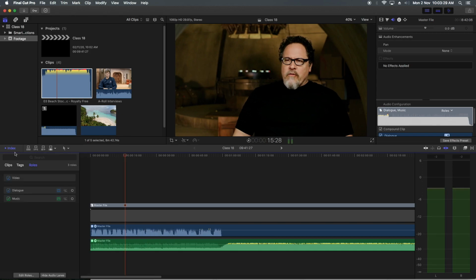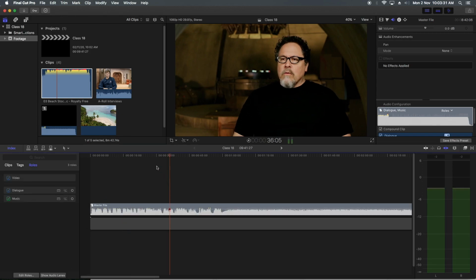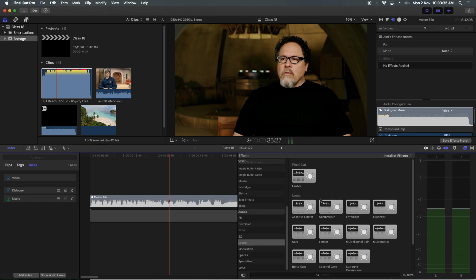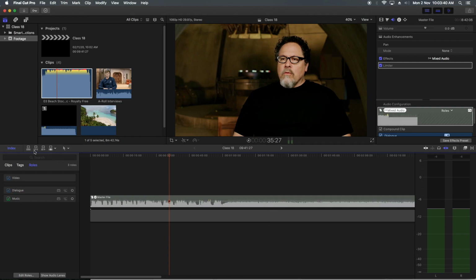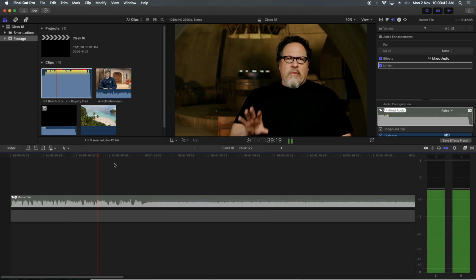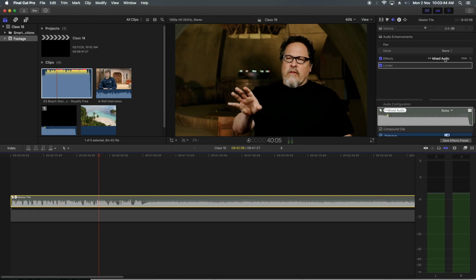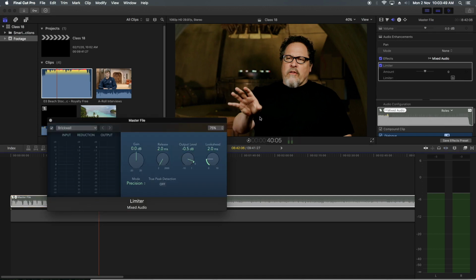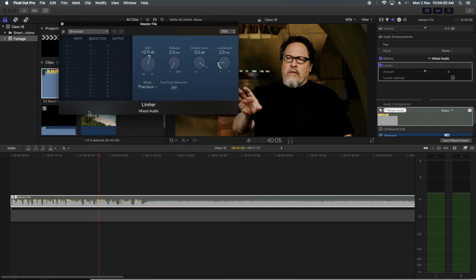Or at any time, if I don't want to show it, I can hide it. It looks pretty cool. Now again, what I can do is limit this clip. Again we go to the limiter effect, and I set it at 0 and increase it until everything is fixed.